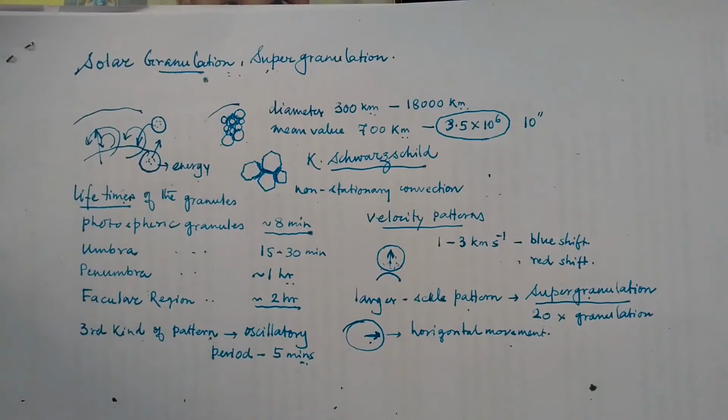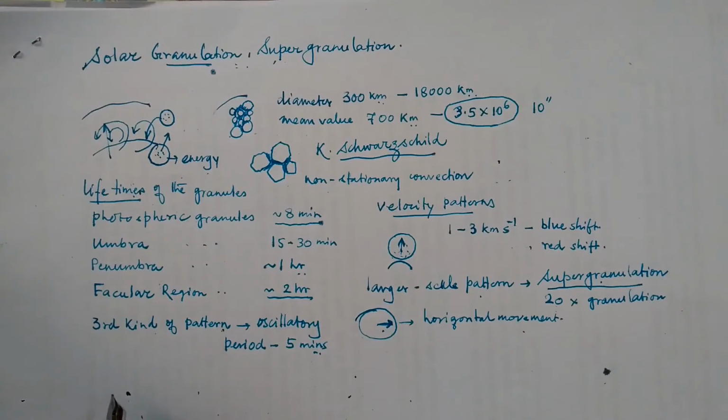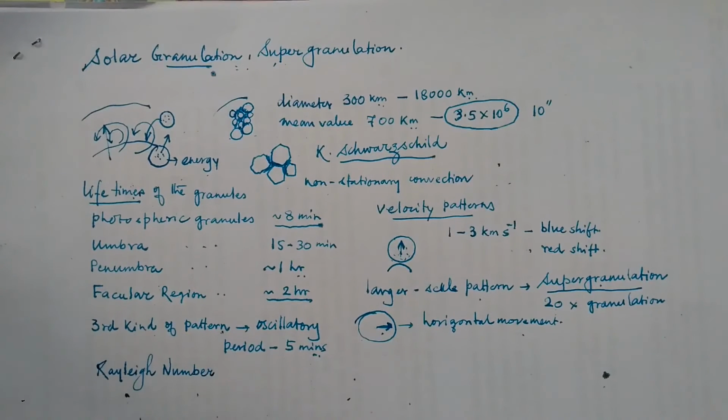Okay, so now one can study the nature of this convection, which gives rise to this granulation. How do we study this? We will use the Rayleigh number. Now with these Rayleigh numbers, we know that if the Rayleigh number is high, that essentially